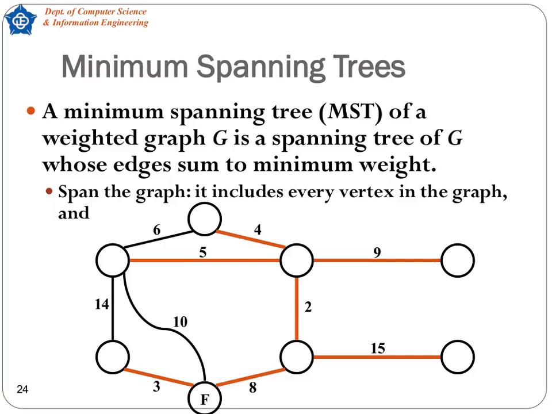Here's how they link up. A 3-weight edge from vertex F to the lower left node. An 8-weight edge from F to the lower right node. A 2-weight vertical edge up to the center. A 9-weight edge across to the right. A 4-weight edge climbing to the top. A 5-weight edge back to the upper left. All heavier edges, like those of weight 6, 10, or 14, are omitted, since including any of them would only